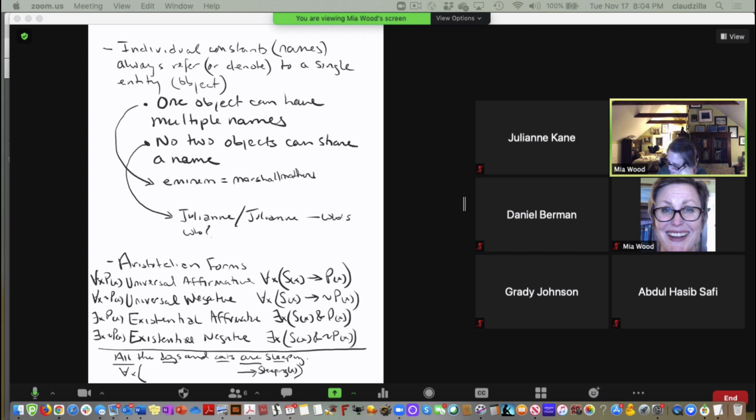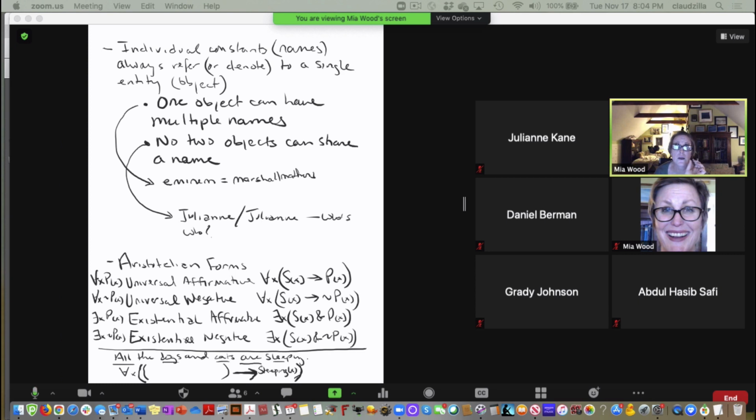Now we need to deal with dogs and cats. So we've got another pair of parentheses, right? Because we need to denote that the arrow is the main connective. We've got our original parens because we need to show the scope of the quantifier, right? But notice that the dogs and the cats, those are